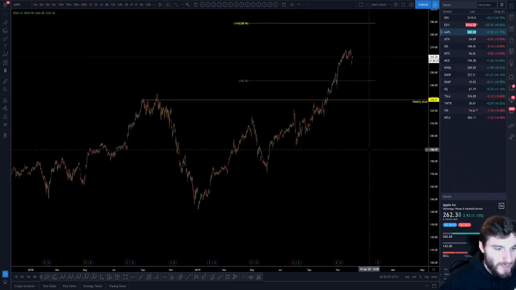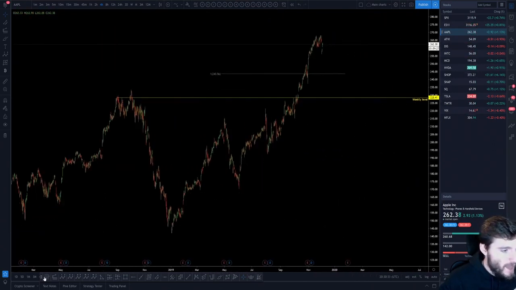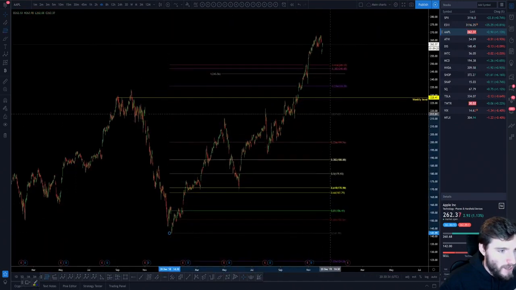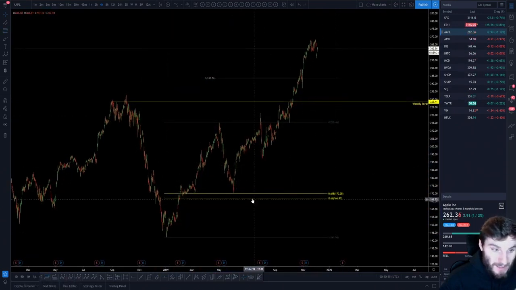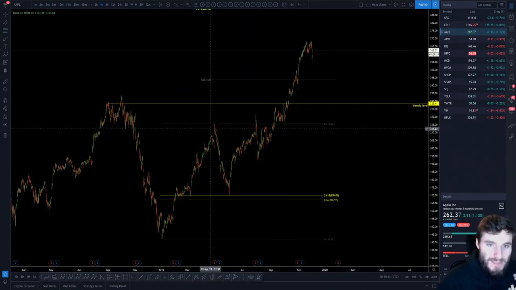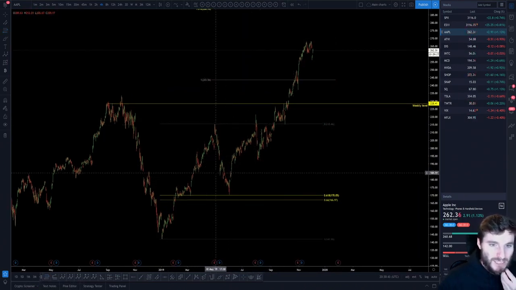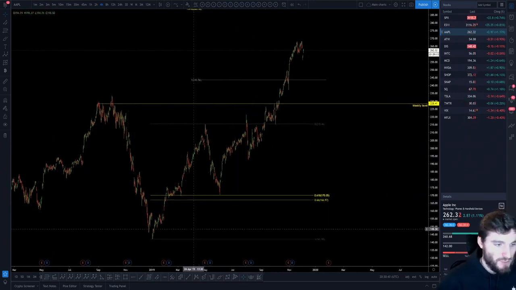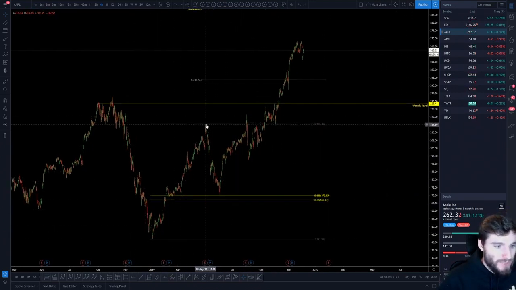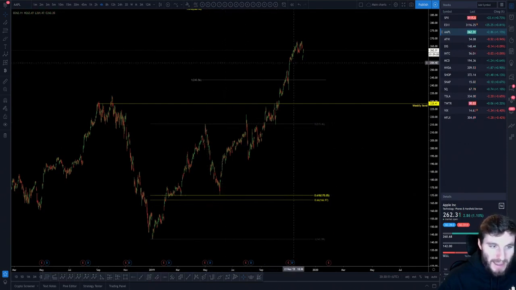You know, if you were longing, let me just show you, by the way, when you go from low up to the high, have a guess what you bounced off of. I mean, this is Apple. This is like the biggest stock. Well, not actually the biggest, but nevertheless one of the biggest stocks in the world. That is from low to high, hitting the 618 and getting a bounce.